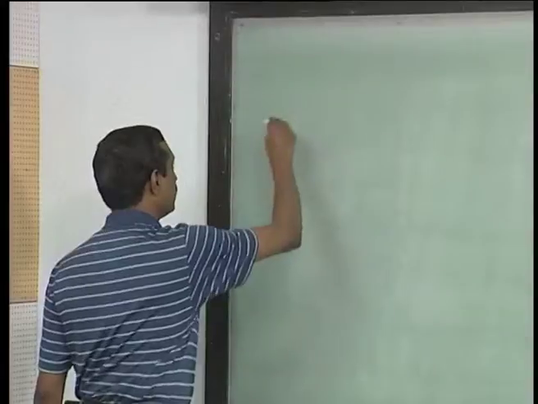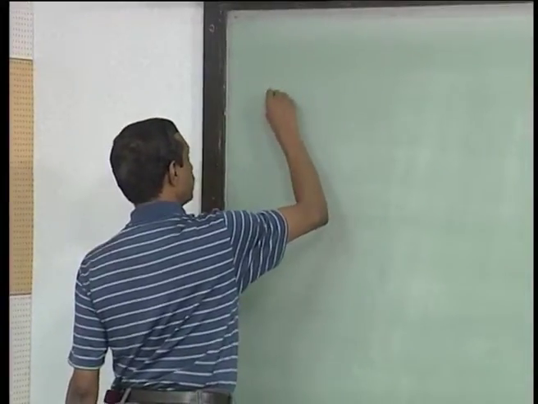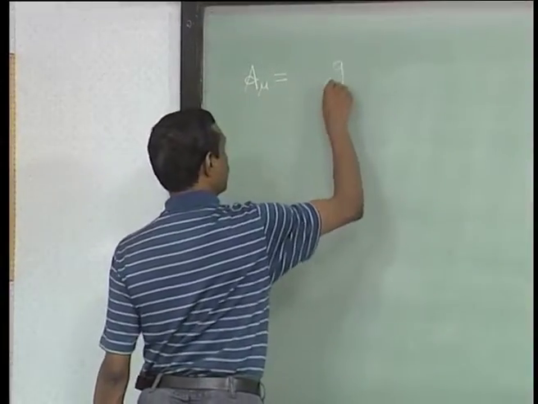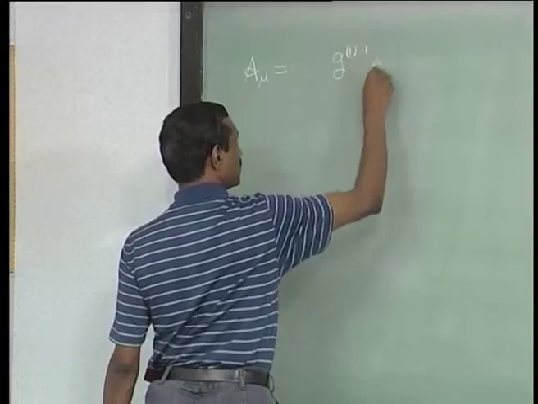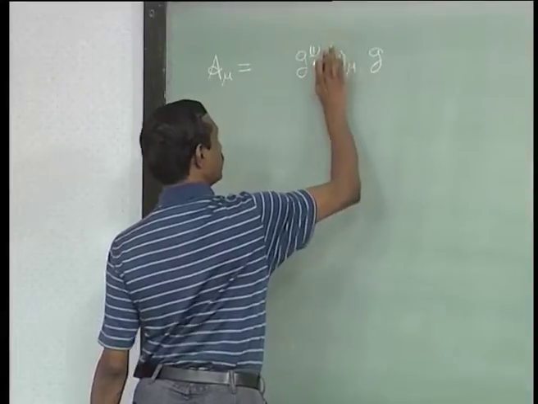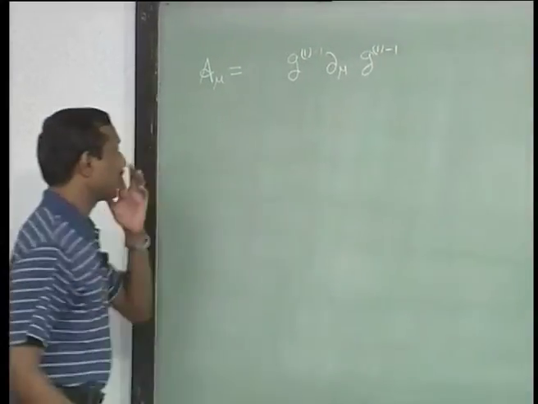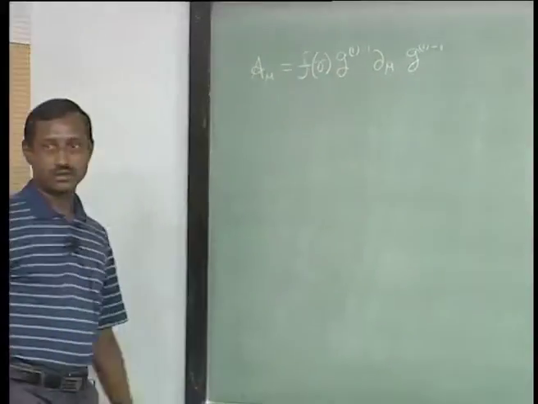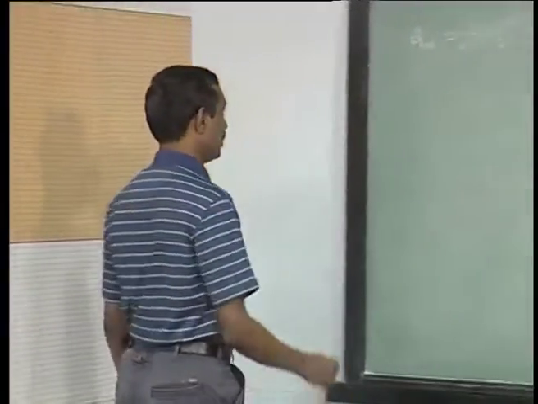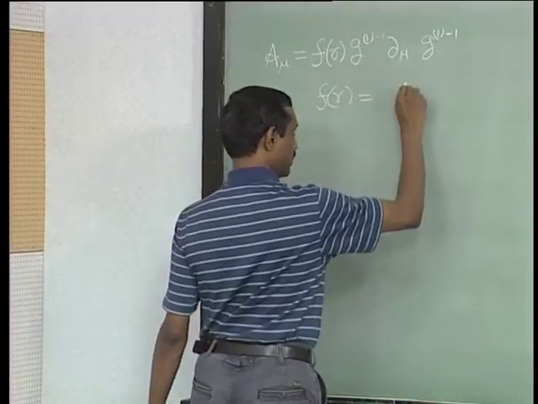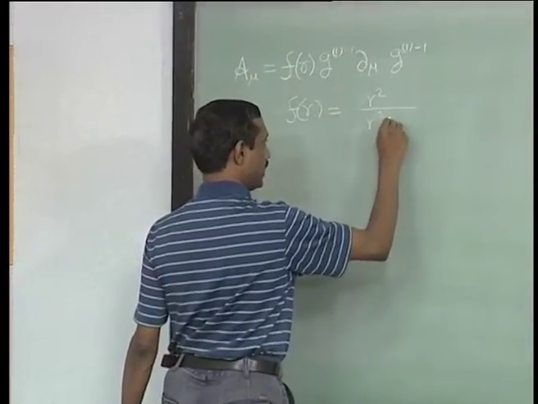Multi-instanton solution. And so yesterday we saw that we could write an ansatz for this by starting with something which is G inverse d mu G, the other way around, and introducing some function only of the radial coordinate in front of this. I did not prove anything, but I said that the following thing is a solution, and that was r square by r square plus